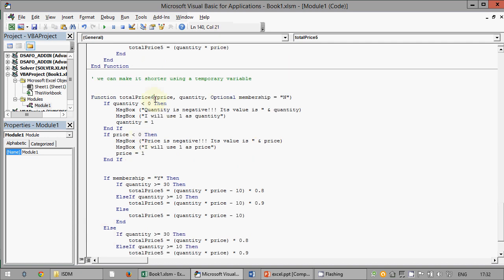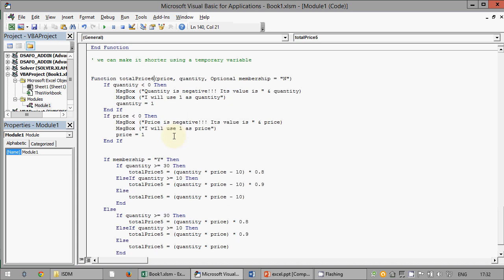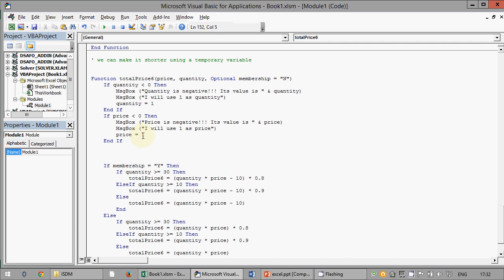Okay, well, first of all, we check whether quantity is negative and price is negative. These are okay. And now here I build a temporary variable. Let's call it temp, but you can call it whatever you want.